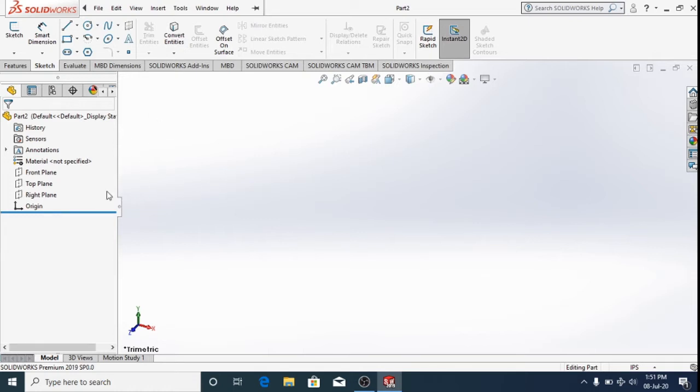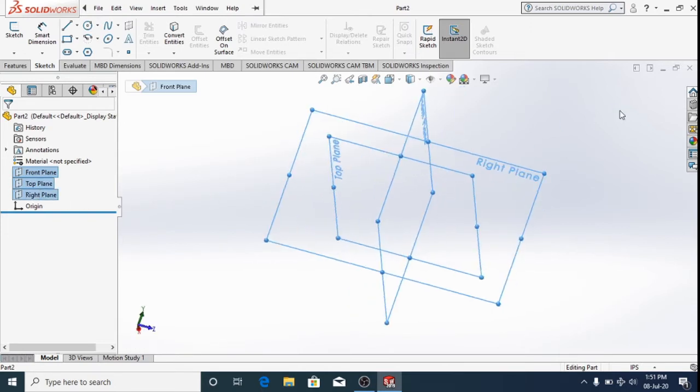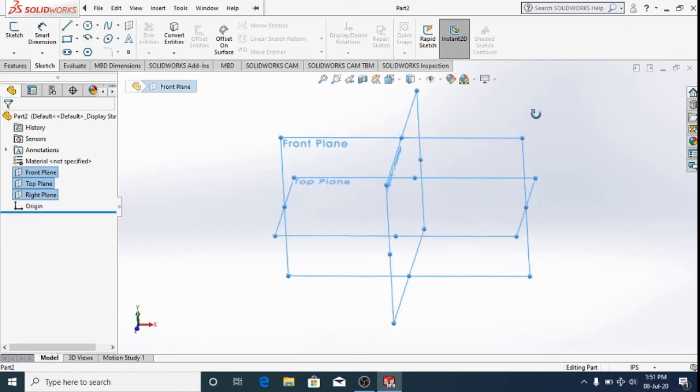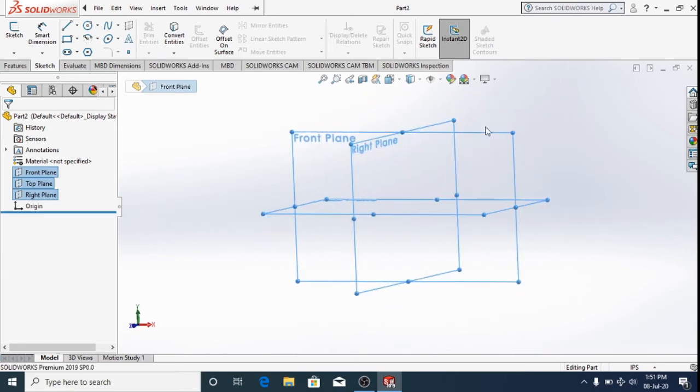So coming to the geometry, here we have the origin. See, the x-axis, y-axis and z-axis down here. So this is the origin, and we have the front plane, top plane and right plane. Using these axes we are going to build any 3D or 2D structures.